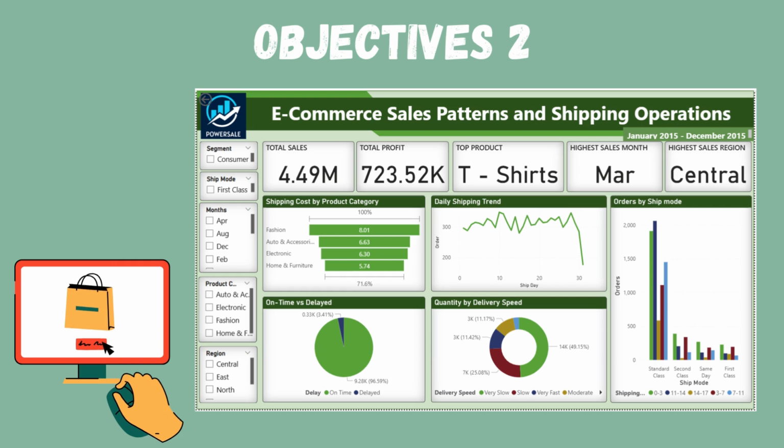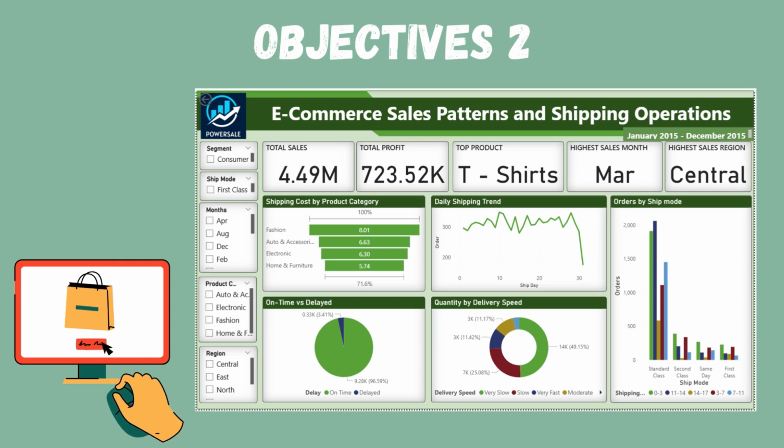But does shipping activity match the shipping trend? So let's look at the daily shipping trend, which is displayed using a line chart. It shows that shipping activity is consistent throughout the month, but there's a sudden dip at the end. From trend over time, we dive into orders by ship mode, shown in a grouped bar chart, which is also a comparison chart. This chart shows that standard class dominates in quantity and shipping cost range, which is 0 to